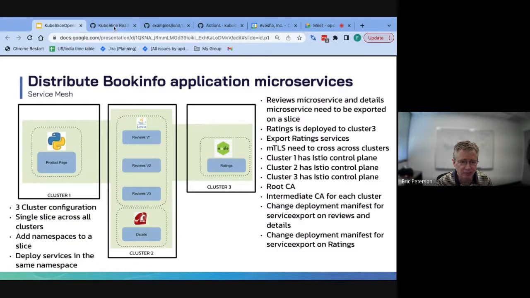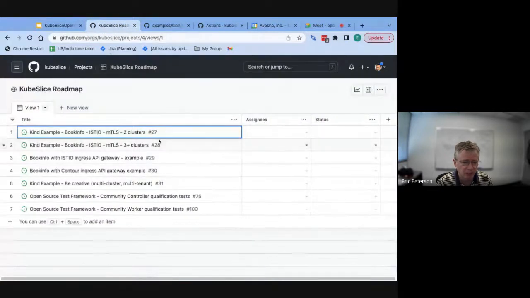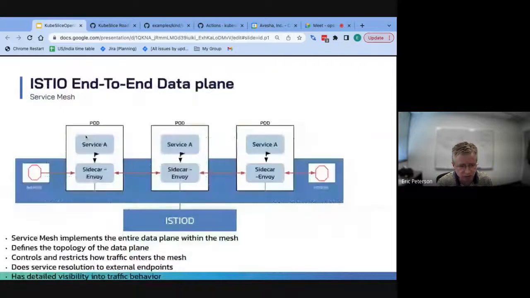And I'll stop there for 1 second. Jumping back here again, the examples we're calling out that would be helpful are book info extended with Istio and MTLS in both 2 and 3 clusters. Adding API gateways. If I jump back here, I'm not sure I mentioned this on the previous slide, but having an API gateway to act as an ingress into an Istio application is a common way that things get deployed.